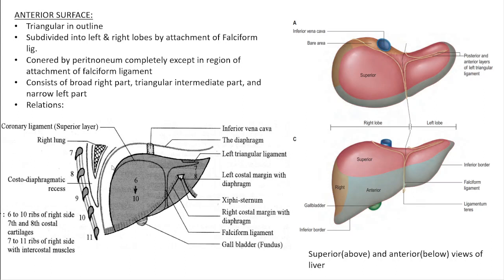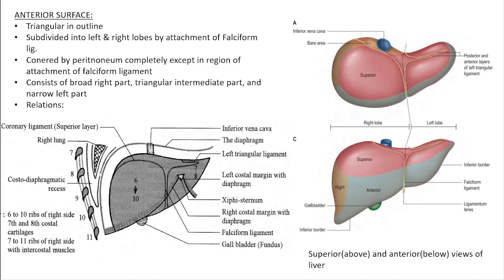Now what is important is the structures lying between the diaphragm and the ribs, lateral to the right lateral surface of the liver. In the upper 1/3 there is the pleural cavity as well as the lowest part of the right lung, and then again the pleural cavity. In the middle 1/3 there is no lung, there is only the pleural cavity. This lowest part of the pleural cavity is called the costodiaphragmatic recess because it is lying between the costa, that is the ribs, and the diaphragm. So it is called the costodiaphragmatic recess.